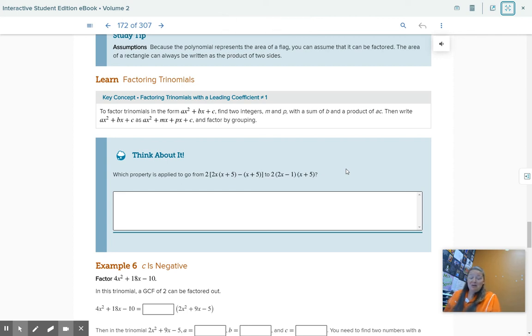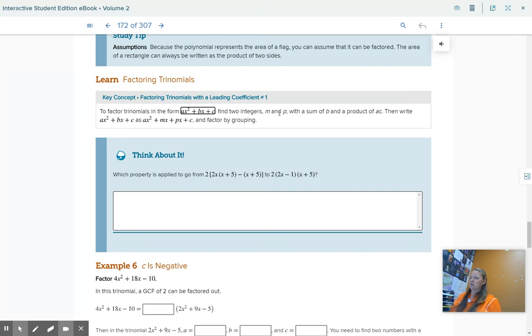Now we're going to talk about how to factor a trinomial when the leading coefficient is not 1. So in most of the examples we've seen so far, when you have ax squared plus bx plus c, a has always been 1. Well, what happens when it's not 1? Well, in that case, we want to find two terms, which they label m and p here, but you can use whatever numbers or letters you want for your variables, that sum up to give us b and give a